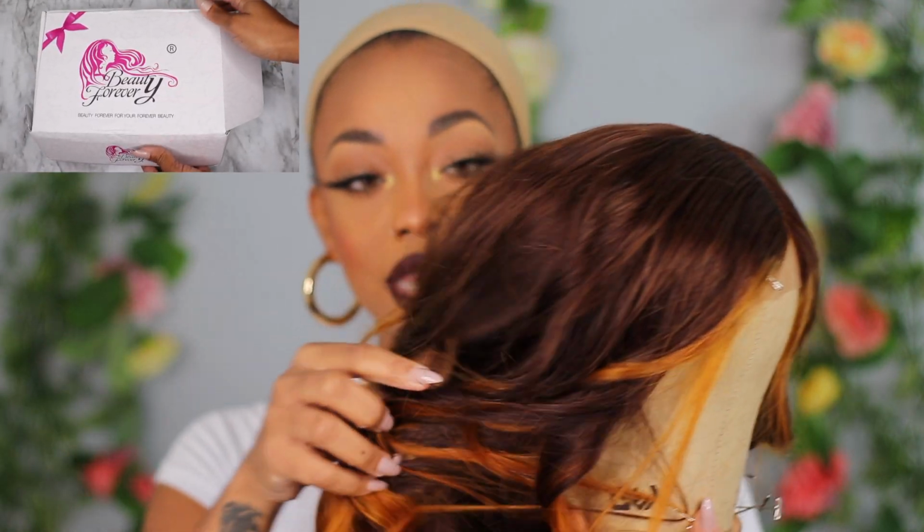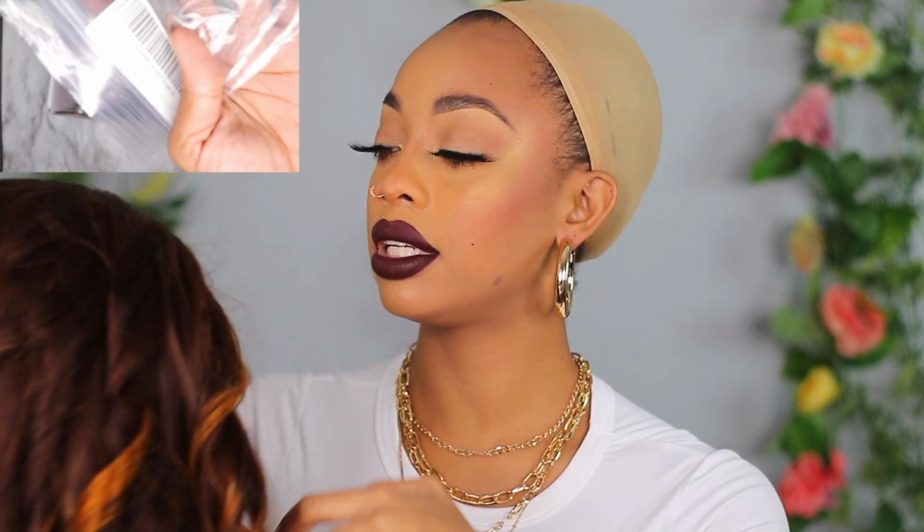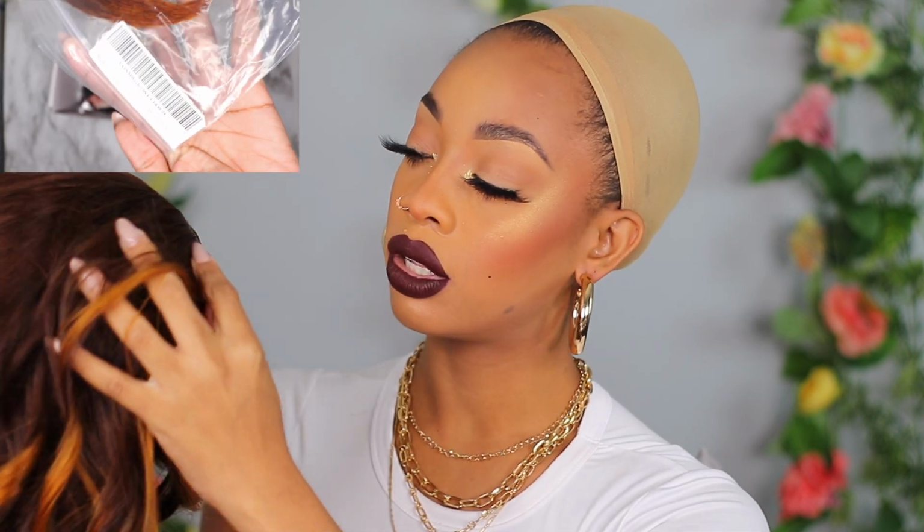this wig. And guys, I already curled this unit, and it is such a beautiful unit. Look at the color. That's what I was saying. This looks more like an orange tone versus a 30, but it's really pretty, and I feel like it's really fall appropriate. Guys, with this fake scalp wig, it's literally like a 4x4 closure, but you can't